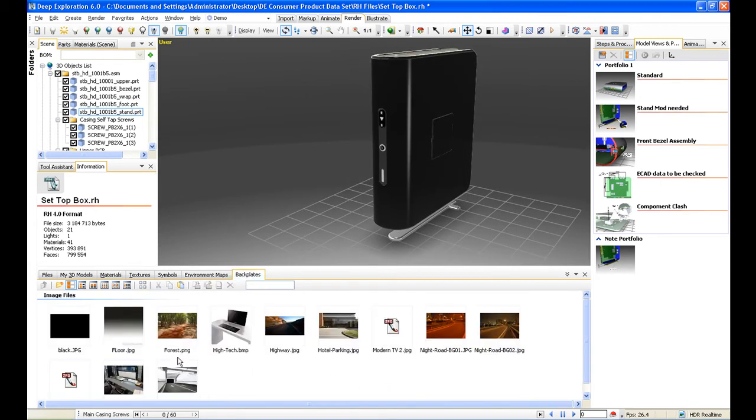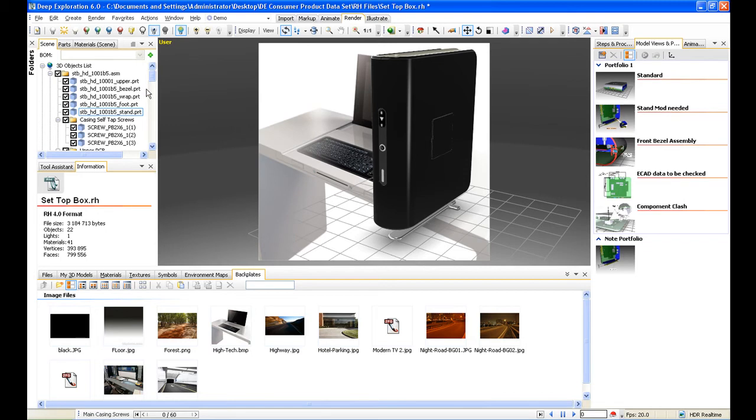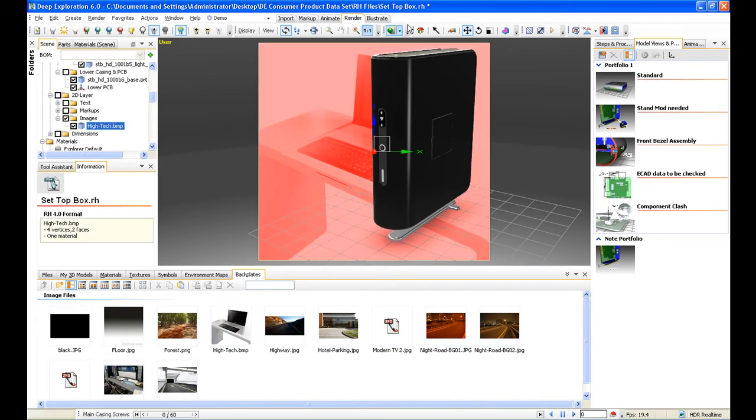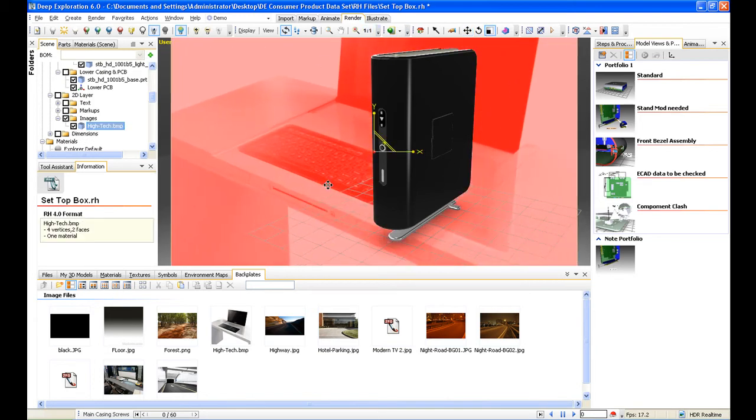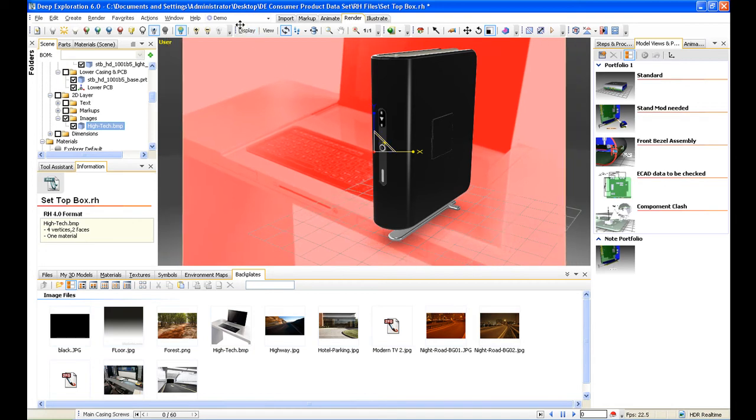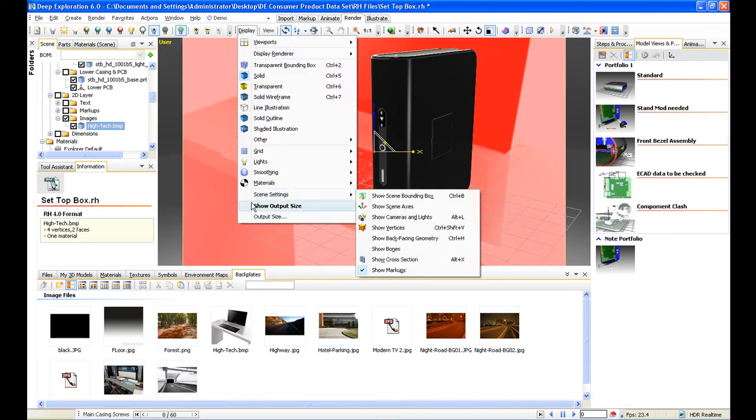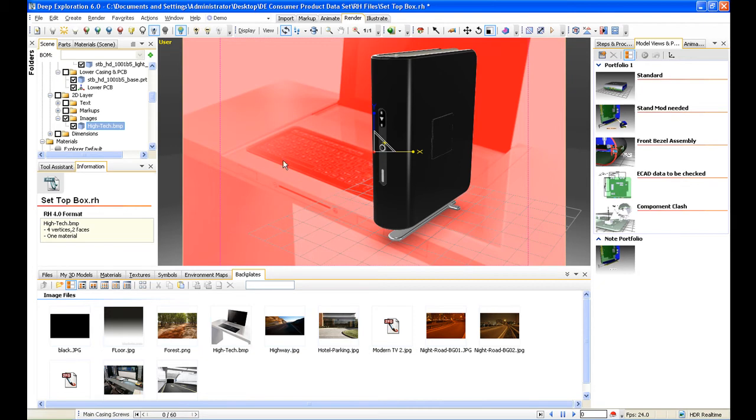So a further thing we can do is use any digital image as a background. I have a simple JPEG image here of this desk and monitor. And so what I'll do is use the studio environment map to get the lighting correct, and then just drag and drop this image as the backdrop. I'll use the scale tool just to scale it up there, just make sure it's within the boundaries of my rendering, and then just